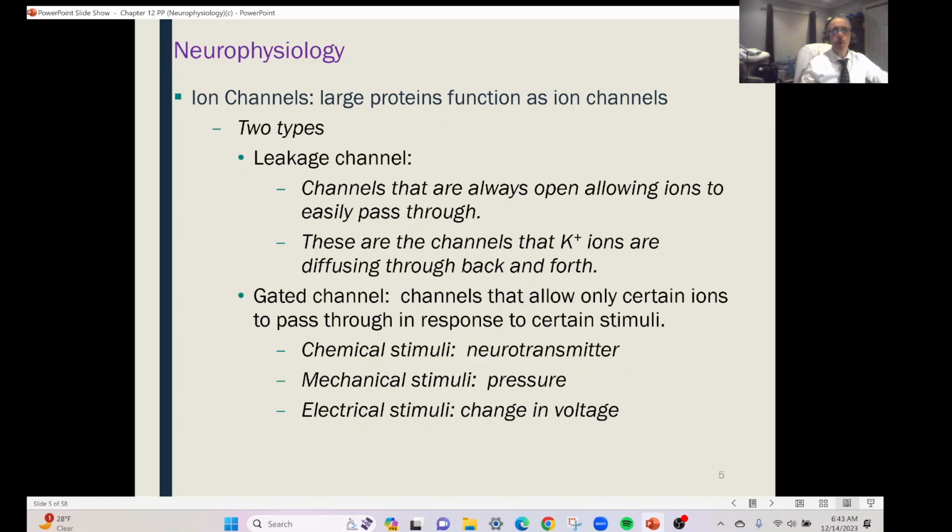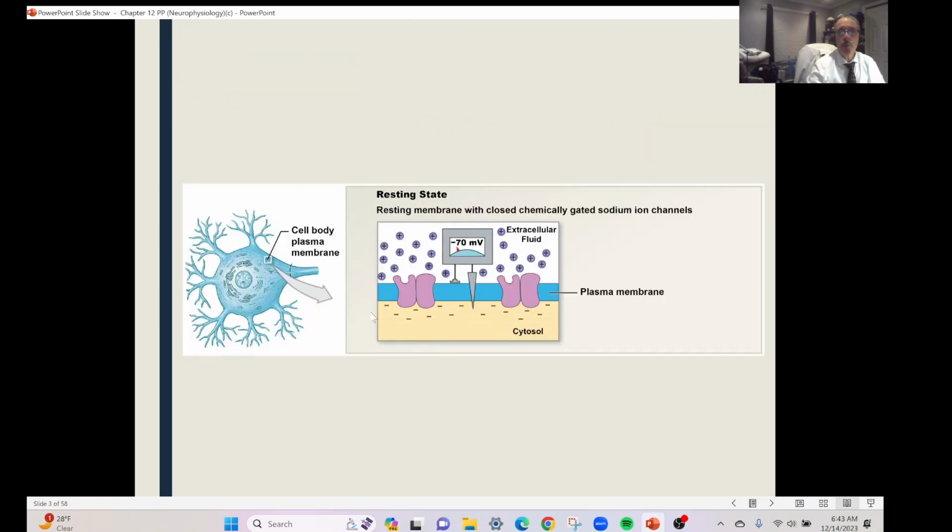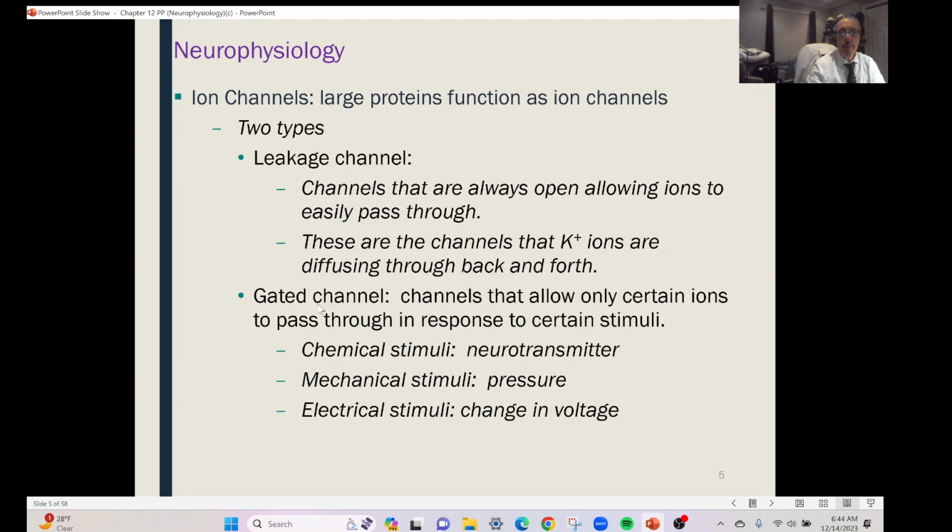So they're like a tube or a tunnel in the protein. They're just naturally there. But we also have gated channels, right? That's what this is here. This is a gated channel. Notice the channel is closed. Right? We'll talk about in a minute how it opens up. These are known as gated channels. They're proteins, and these are channels that allow only certain ions to pass through in response to certain stimuli. And what I'm saying there is they won't open unless we stimulate